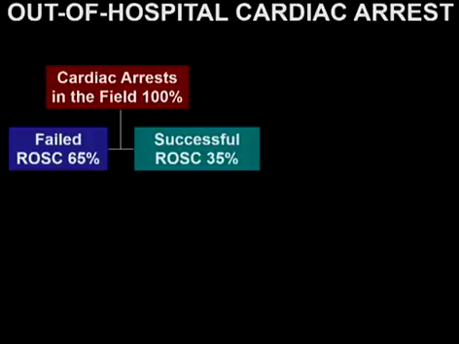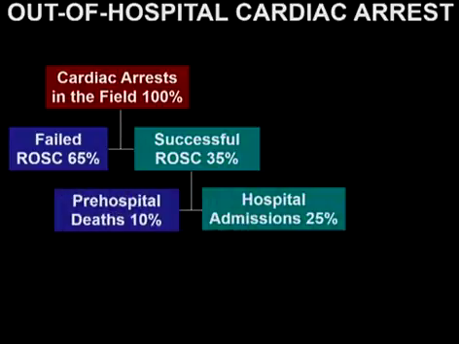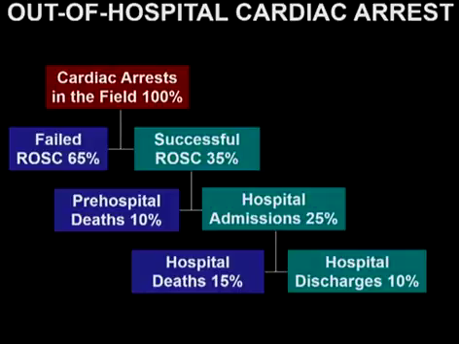This is the time in which the patient is going to be taken to a hospital. But en route, some of them are going to die from recurrent cardiac arrest. So we're now down to 25%. And getting to the hospital doesn't mean that the patient is going to survive. Ultimately, we're talking about roughly a 10% survival. So of 100 patients, 10 of them are going to survive. That's the bad news. The good news is that most of those who survive do it with adequate neurological function, and they can resume their previous activity.